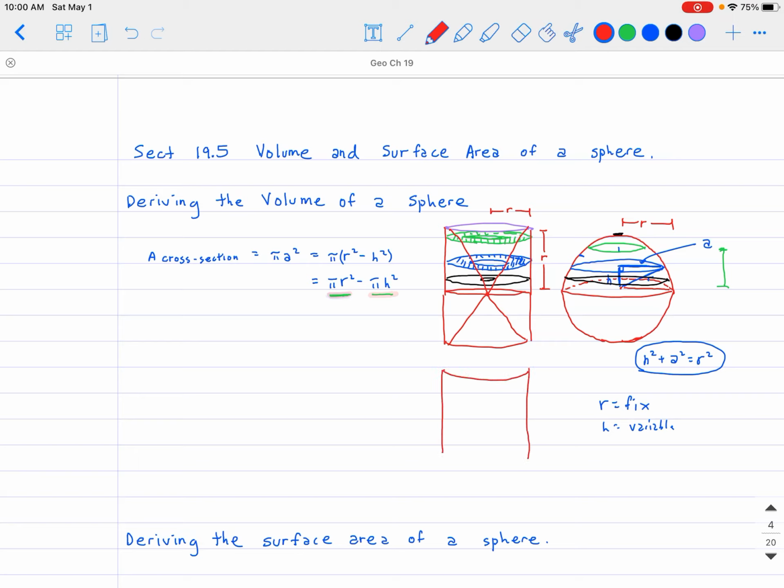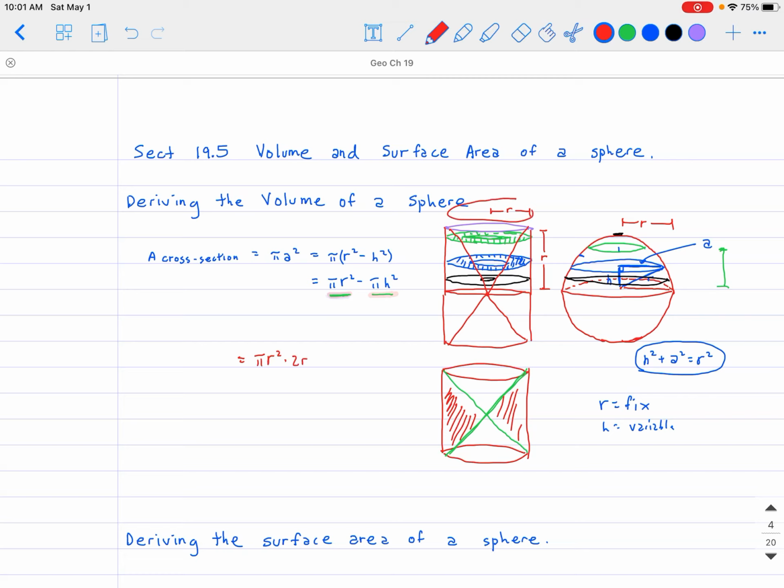I am trying to find the volume of this cylinder, but I'm going to subtract the volume of the cone that's inside, because the sphere is represented by the region in between the sand hourglass over here. So that means the volume is going to be equal to pi r squared multiplied by 2r,